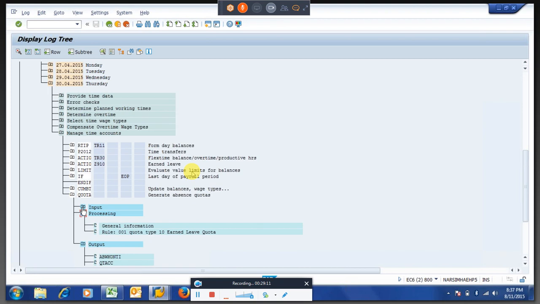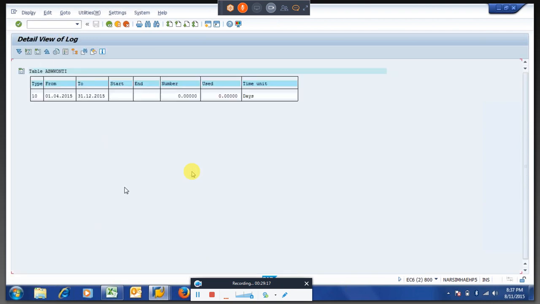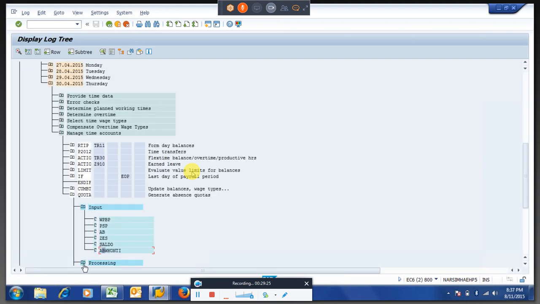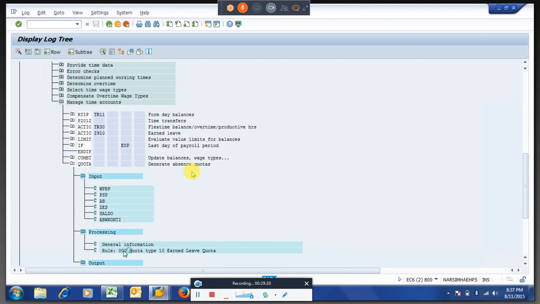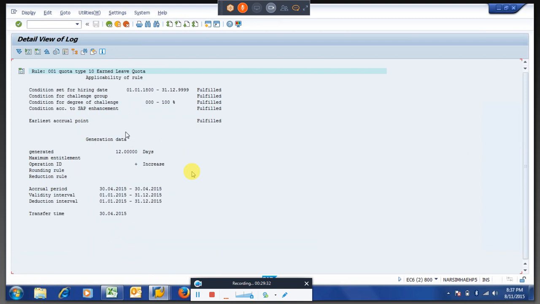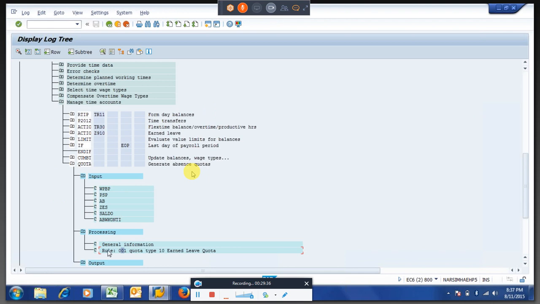Same thing is still coming. 20 leaves are getting generated more.